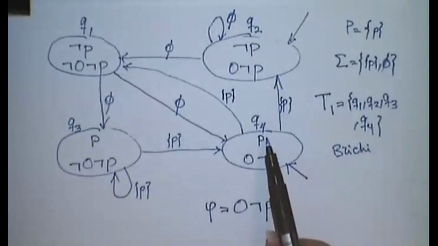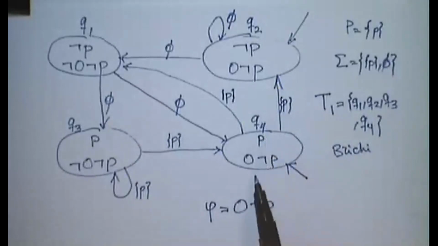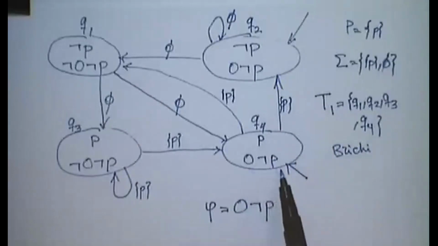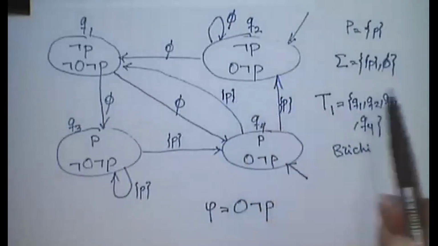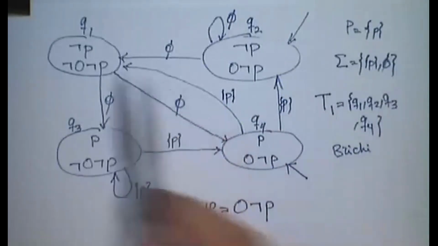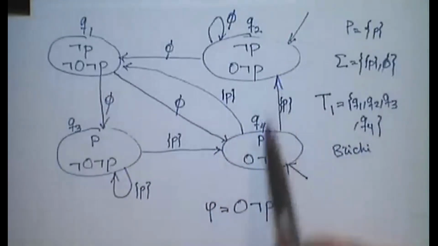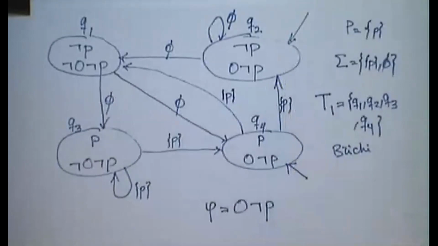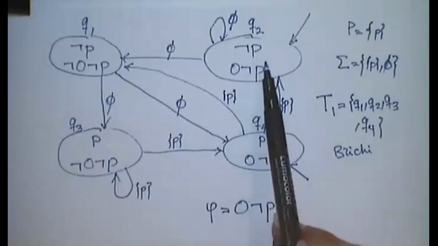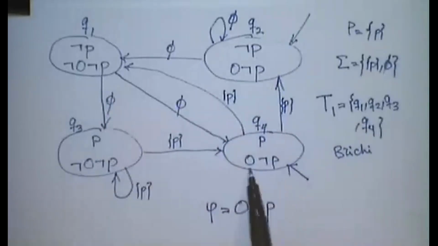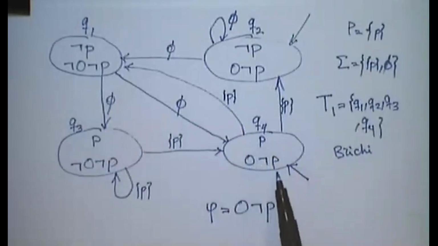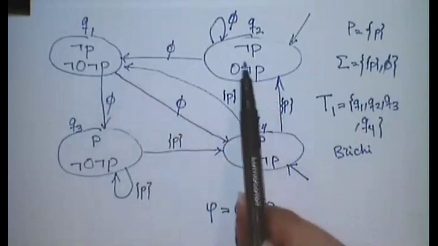At Q4, we want to accept all the strings that satisfy P and also satisfy next, not P, right? So they should start with P, but then in the next letter, they shouldn't have P. Now, if they start with anything other than P, so if they start with the empty set, then there is no outgoing edge. So we just get stuck here and can't go anywhere else, right? But if they already start with P, we saw that every successor has not P. And this was because, well, in Q4, we wanted to have next not P. So we put edges only to successors that had not P,